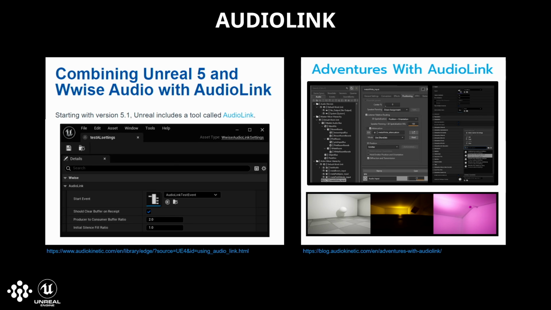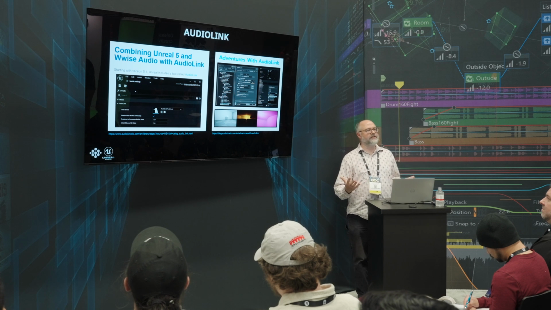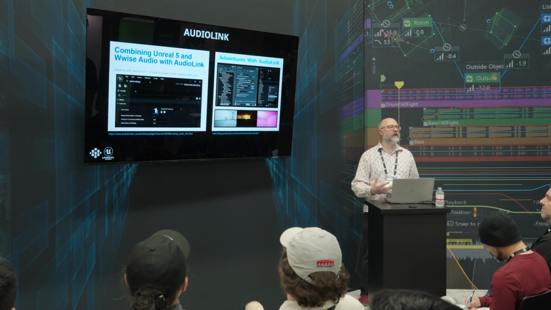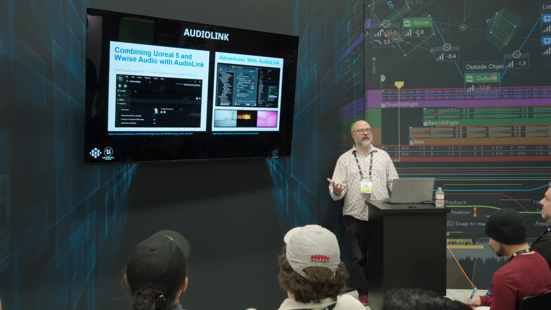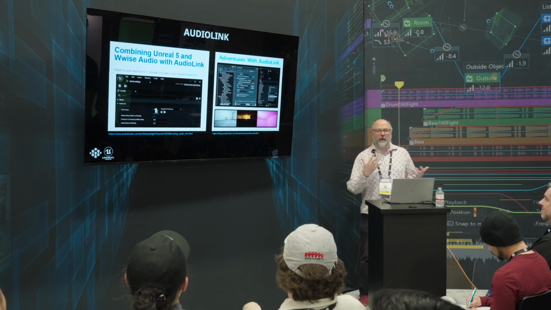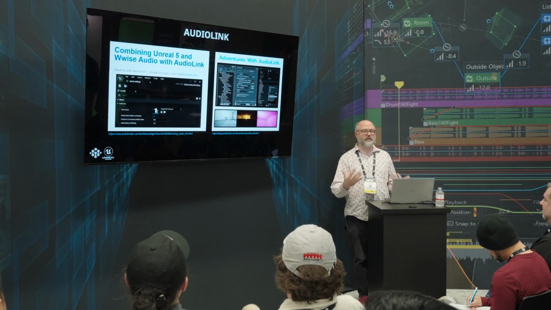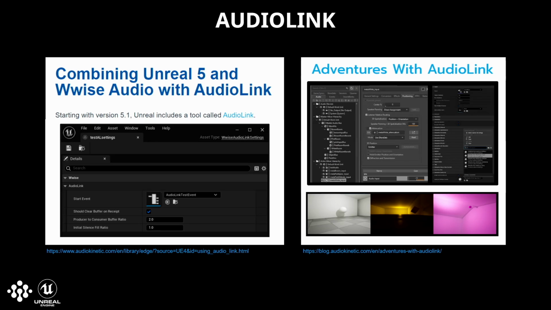And so with AudioLink, you don't have to choose anymore. You can do all of the fun things. You can have all of the toys. You want to dig into MetaSounds, get generative and crazy? You want to pipe that through Wwise and drop it into spatial audio so that you can leverage all of the geometry at runtime? You don't have to choose anymore. And we're partnered with Unreal Audio to make sure that audio continues to be the most important thing, not what engine you're using.